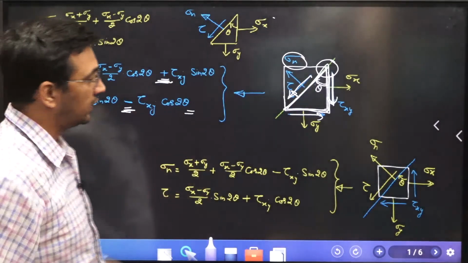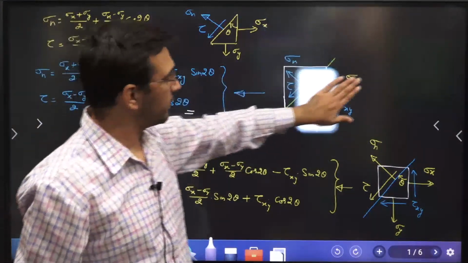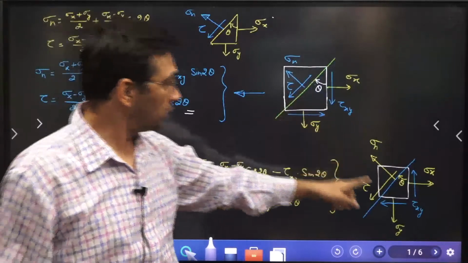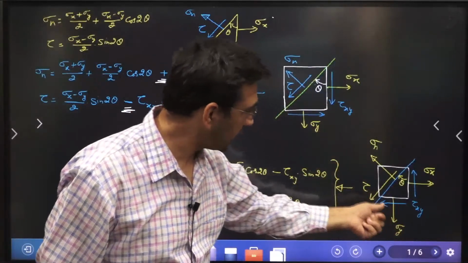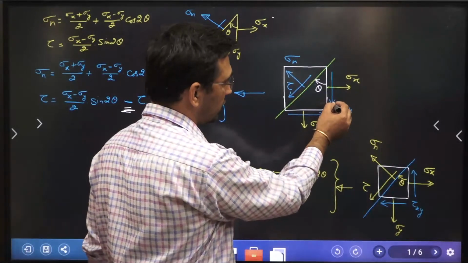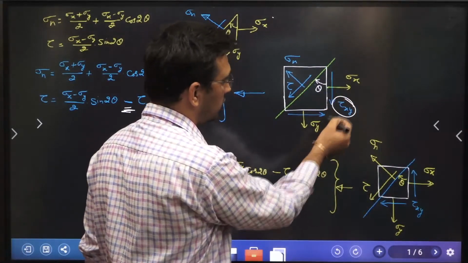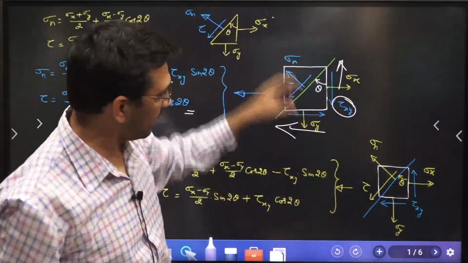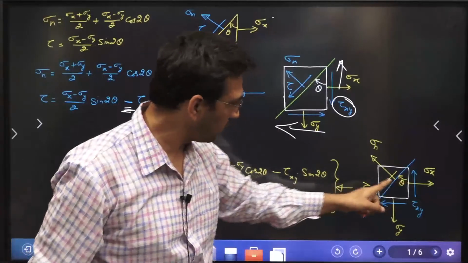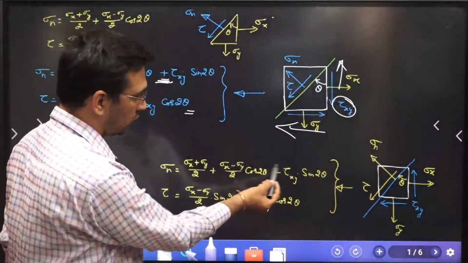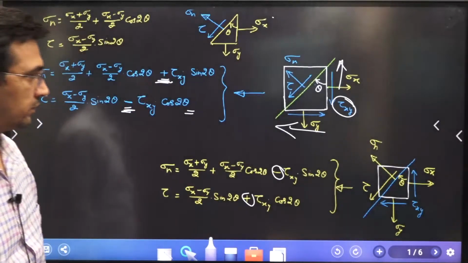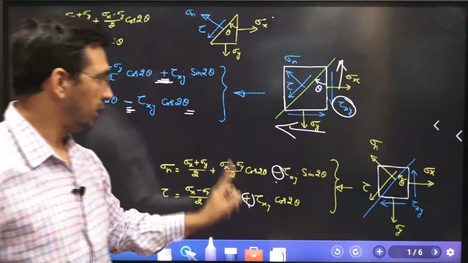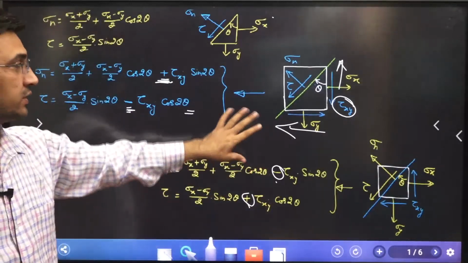Now see the situation. If I simply change that direction, let us say this is the assumed state of stress, right? Now let's come to this point. Let us say instead of that, if I show the state of stress at this point, that is tau xy, and this way, diverging from this particular end over here and over here, whereas I am showing only the same direction theta I am taking from here. In that case, this sign is going to be changed, right? So here it was plus, it will become negative, and here it is negative, it is going to be plus. So based upon this understanding, you are going to have the